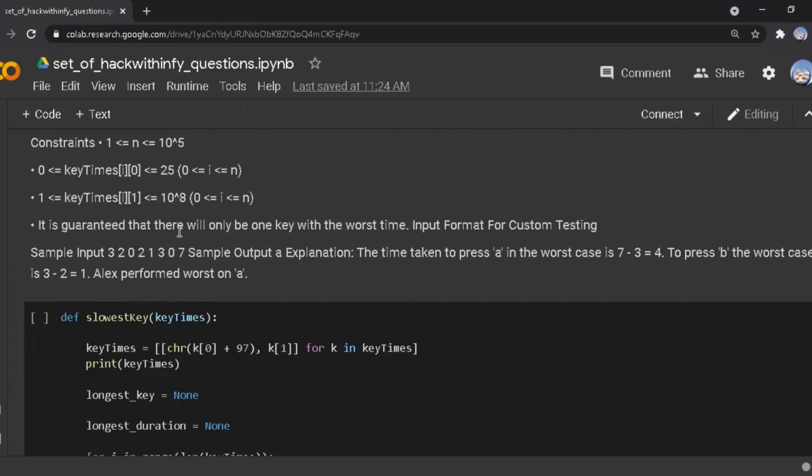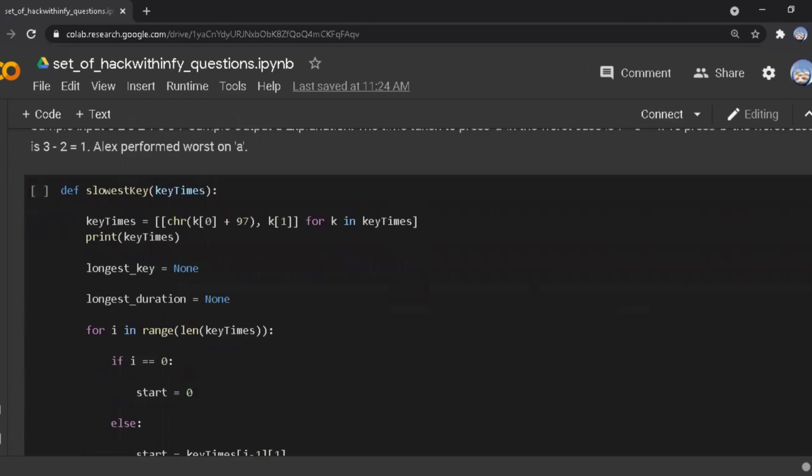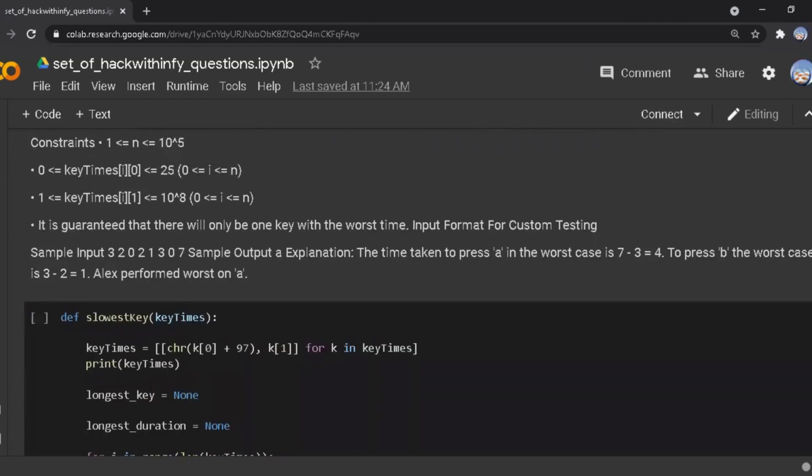Input format for custom testing. They give the sample input. Here they find that A takes more time when compared to other keys. This is our question: we have to find which key has the worst performance. They give only one key which will be the worst.